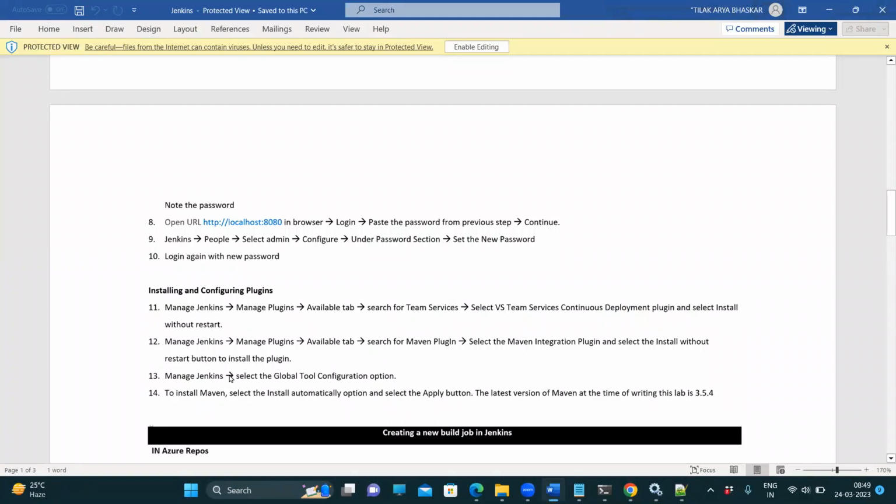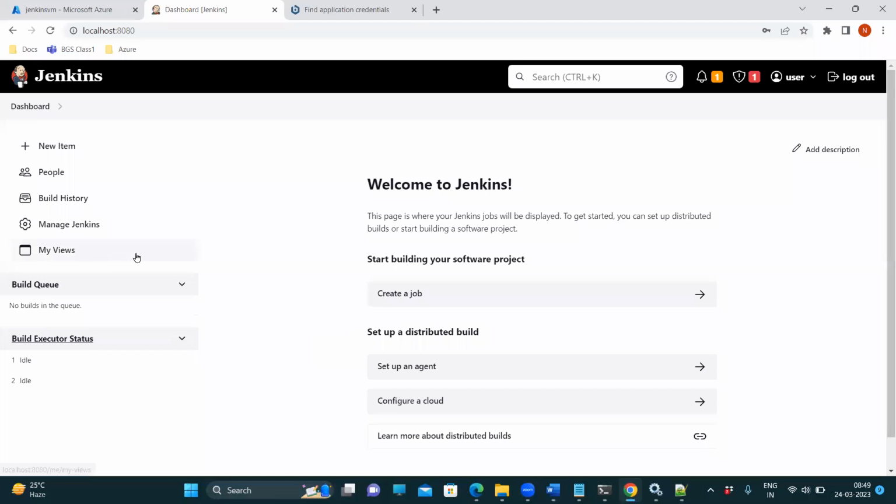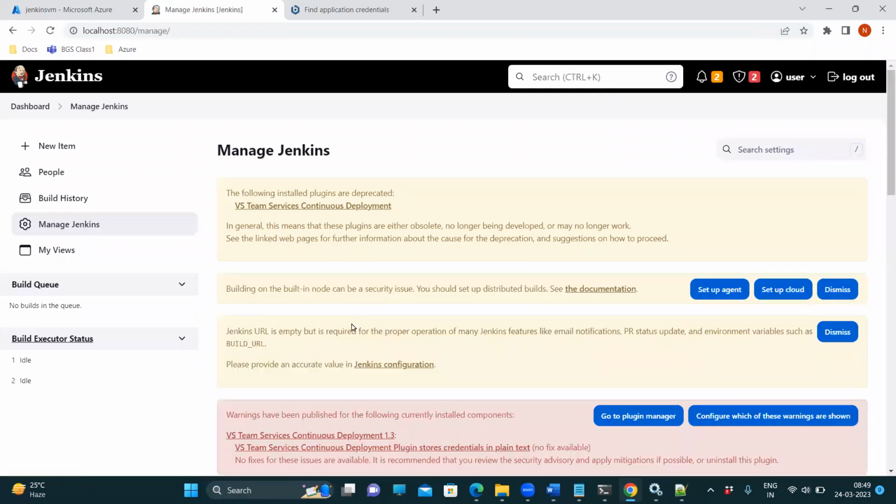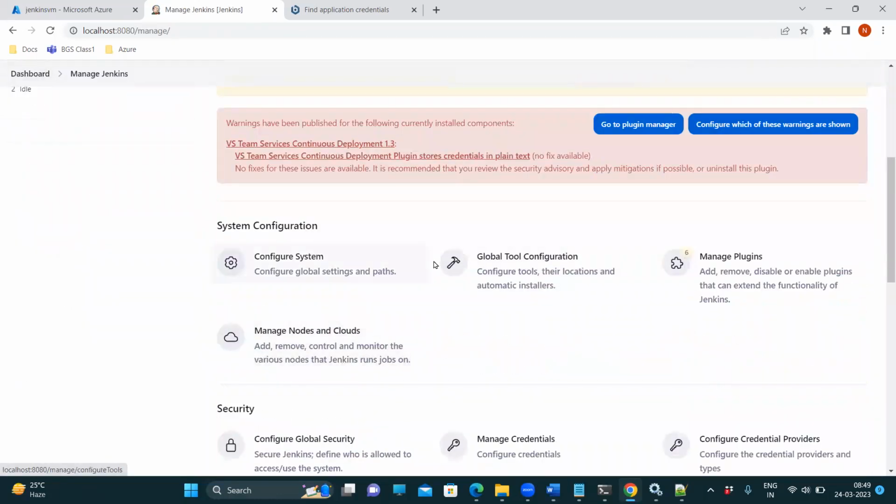So we have installed our plugins. In case we need something which has to be set at the global level, there is something called manage config global. Okay. So there we can configure the global tool configuration. Click on this. Here you have an option to set